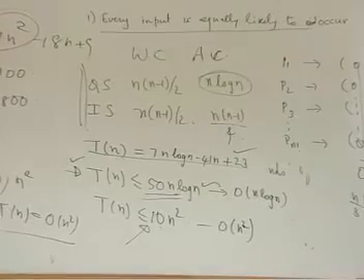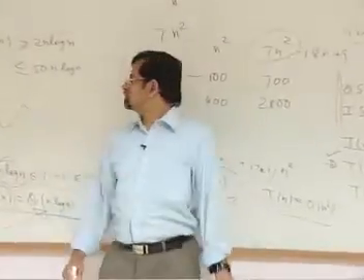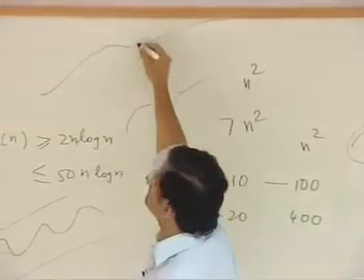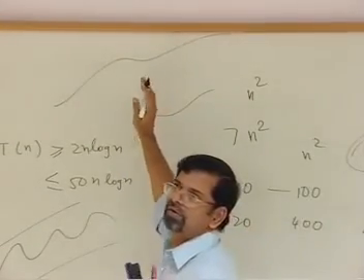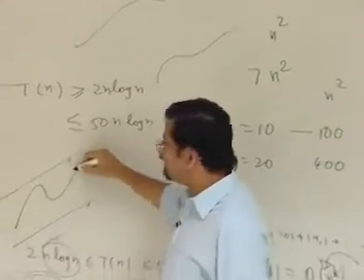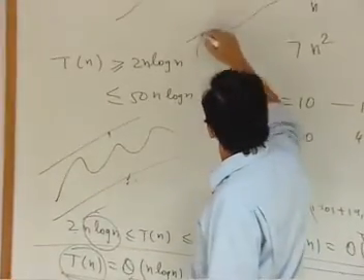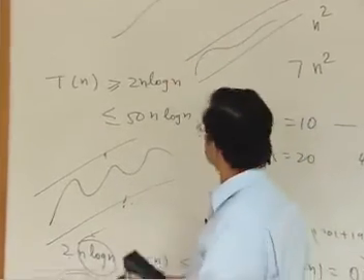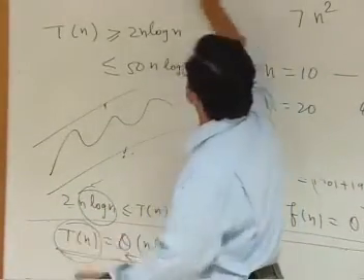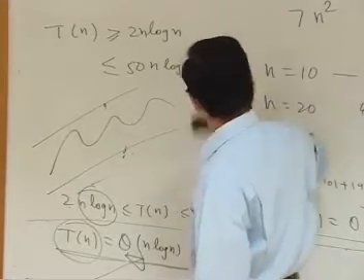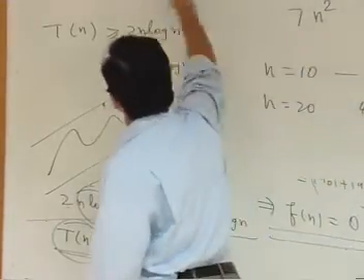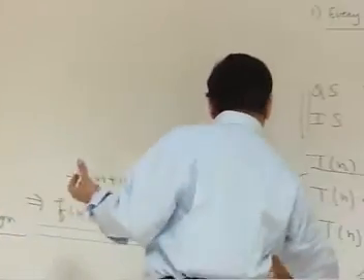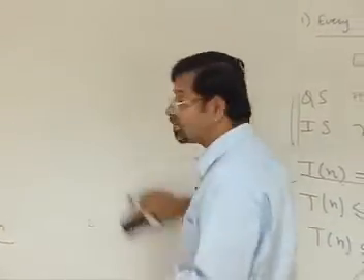But if T of n is estimated by big O, well, it is only an upper bound. The function is like this, your bound is something like this. You know that this is smaller than that, that's all you know. But you don't have this banded information, that it is more than this and less than this. You get that only through theta. Now, how do we use this for analyzing the merit of the complexity of our algorithm?